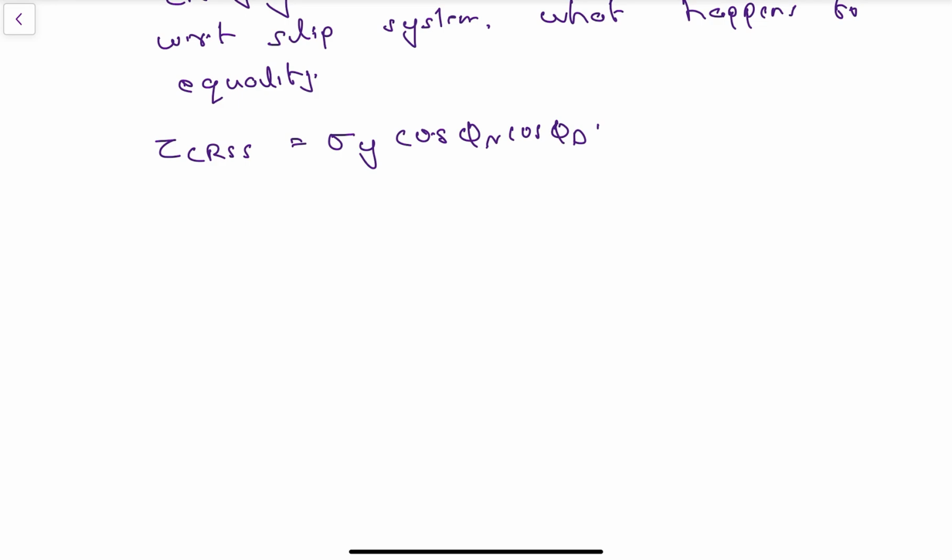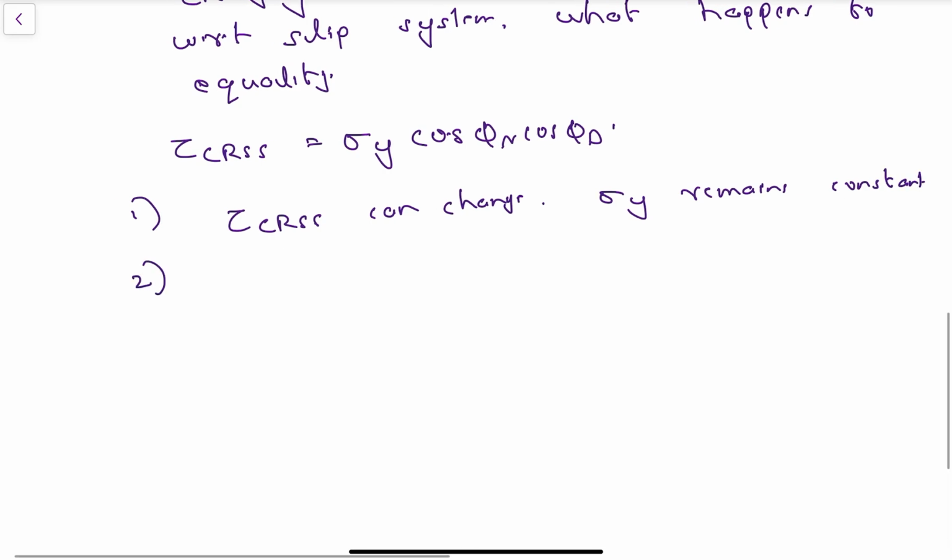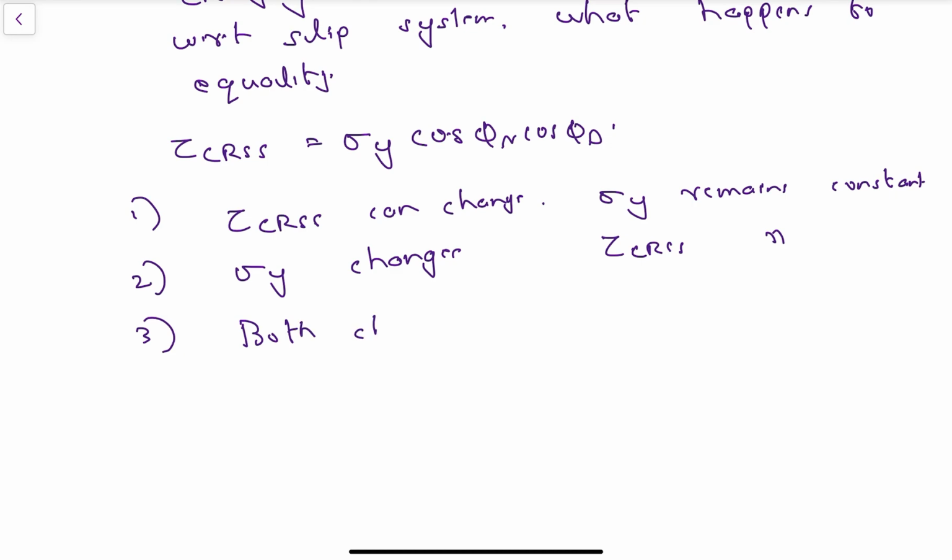So there are three possibilities. First, tau CRSS can change and sigma y remains constant when you change the orientation. The second option is sigma y changes and tau CRSS remains constant. The third one is both change. What may be the answer? The answer to this one is